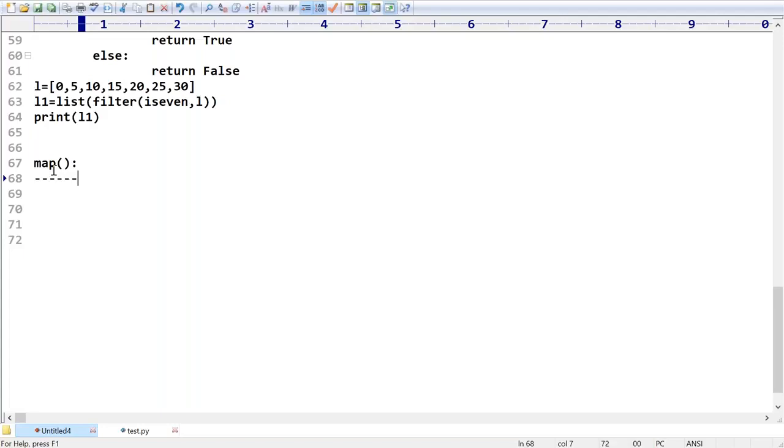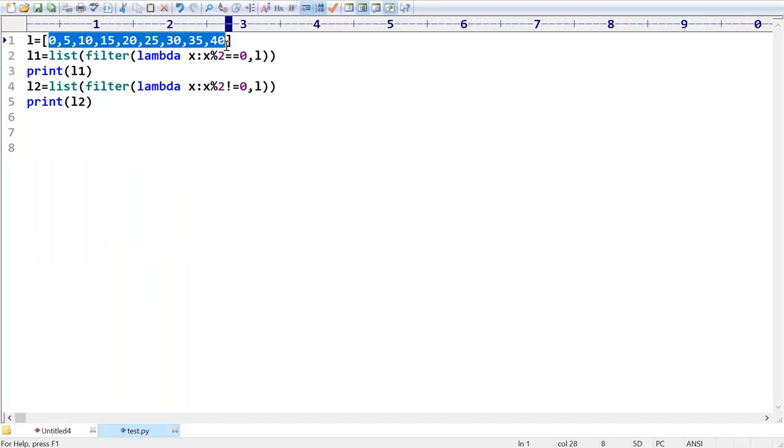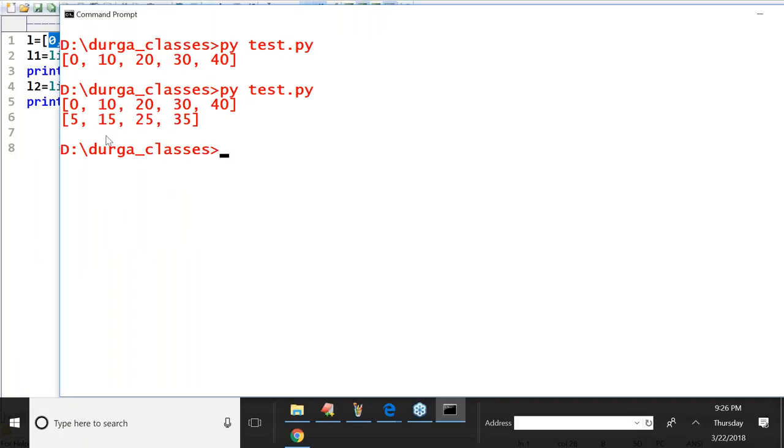So now my requirement is, best example, observe that. In the case of filter, the original list contains how many values? 9 values: 0, 5, 10 and so on. But after filtering, how many values did I get? Only 5, and 4 is another set.